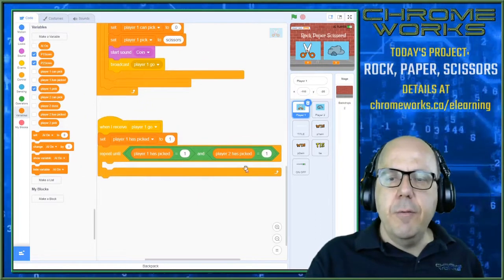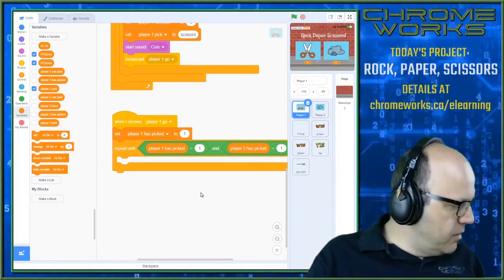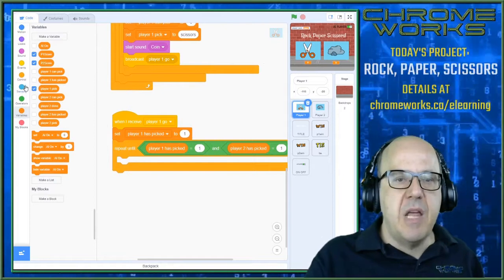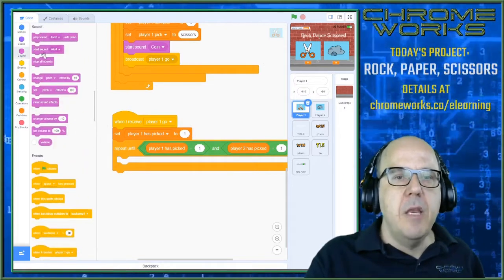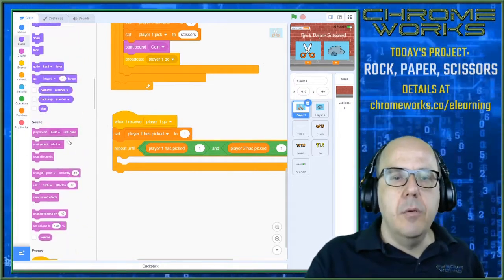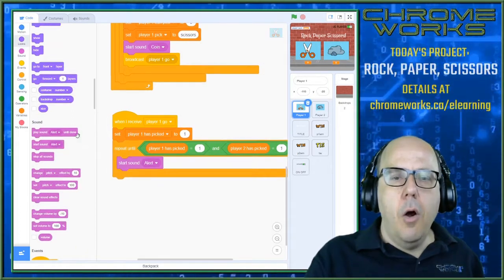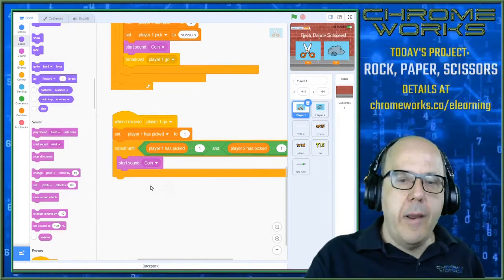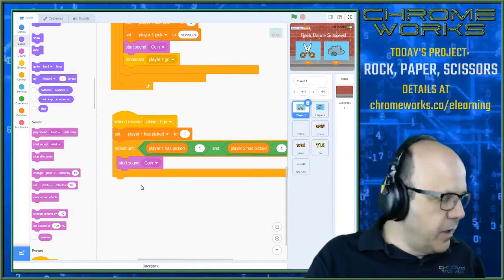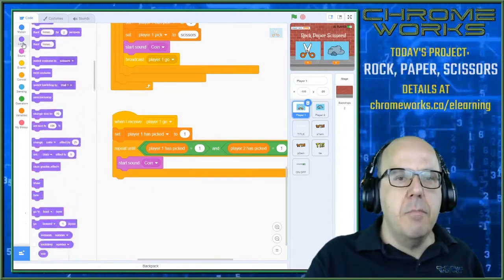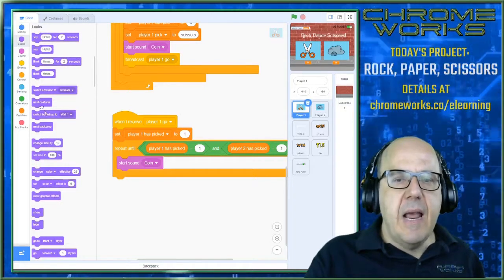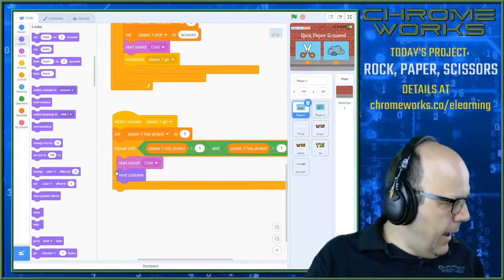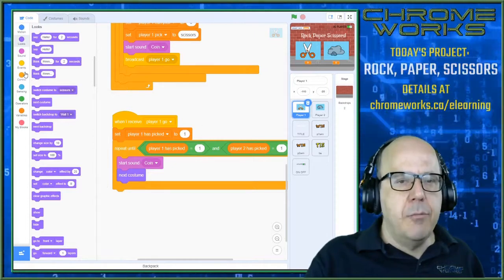So until these two things are satisfied, both players have picked, we're going to start cycling through stuff. So we're going to play some sounds here. Let's go to our sounds menu. We'll go start sound. Whoa, that was a red alert. We didn't need that. Here we go. Start sound coin is the one we're looking for. And then we're going to go next costume in our looks menu. Looks, next costume. And then we're just going to do a little wait because we don't want this all happening